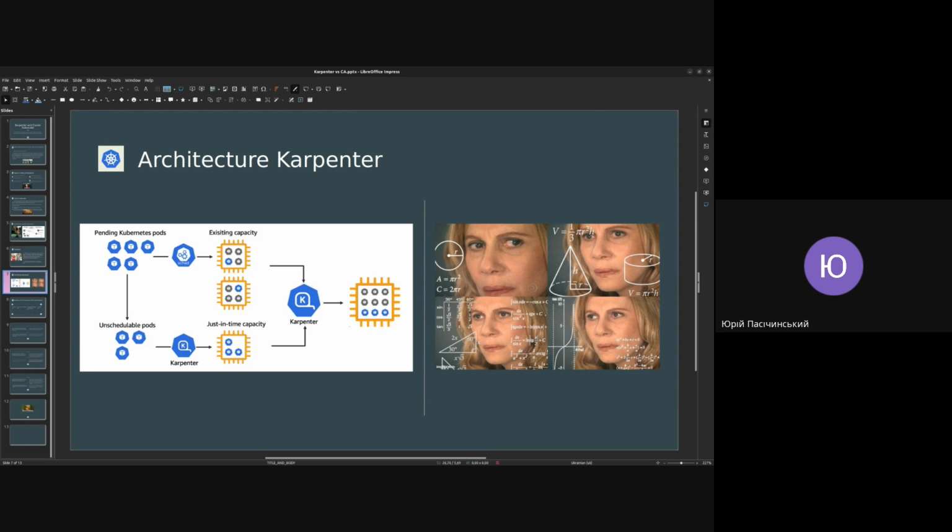For example, if we have little pods, based on Cluster Autoscaler, it picks a big node for these little pods. But with Karpenter, if we see a little pod, it picks a little node because we don't need